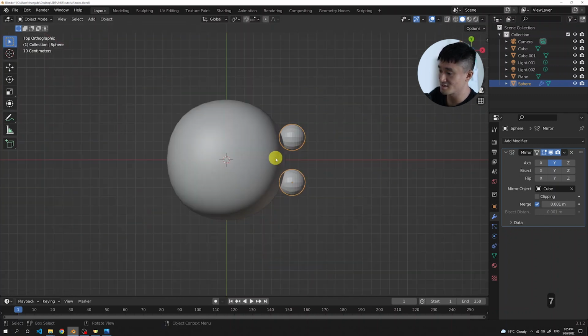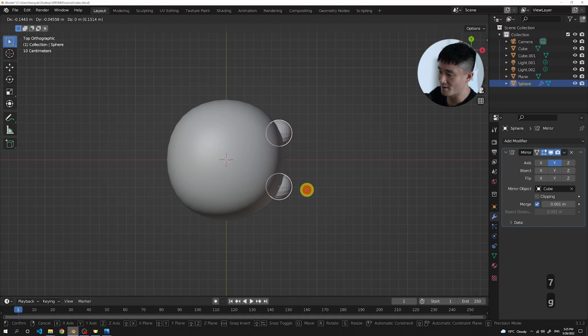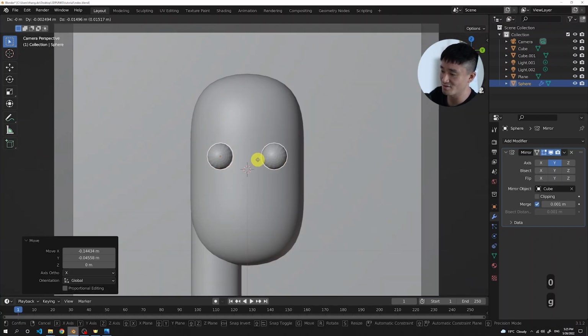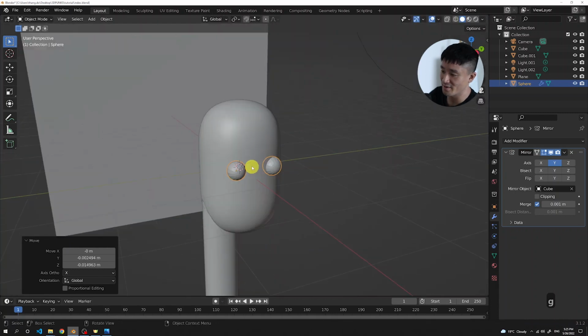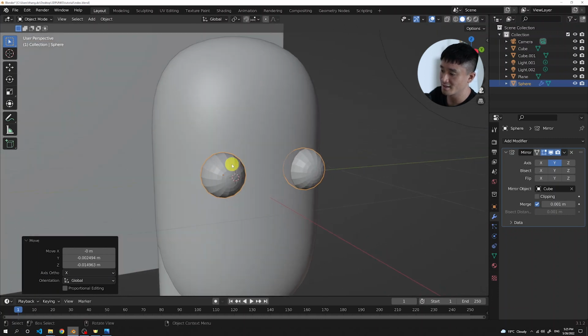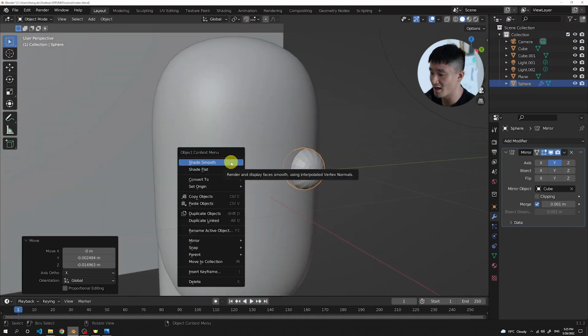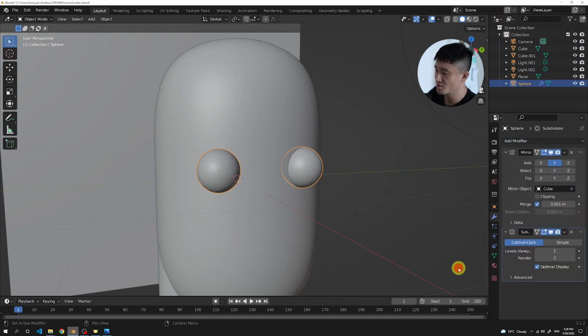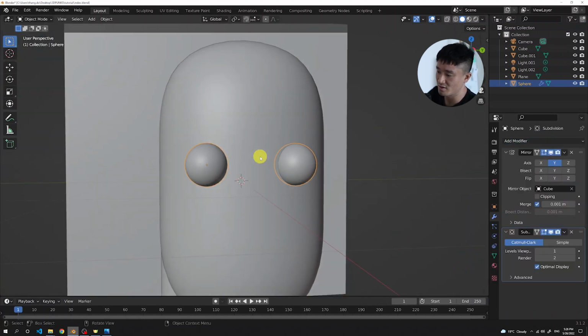And obviously, let's just move it somewhere reasonable on the face of our punk, just for the start. Okay, so this would be the eyes. We can again right-click on that and click on Shade Smooth. If it's still too edgy, we can add another subdivision surface modifier, so it suddenly becomes really nice. So just keep in mind that you don't always need to create crazy poly models, because Blender is